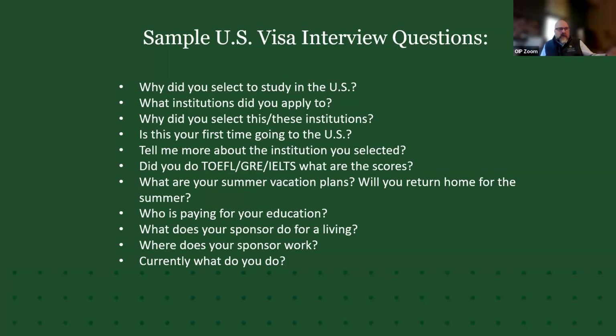Do some research on your program. Okay, maybe you are going mechanical engineering, and one of the cool things that they're working on is a solar powered car. I'm just throwing that out there. I don't know if they are, but maybe that's the case. And you have this interest in solar power as it pertains to mechanical engineering. And so that's one of the things that drew you to this institution. So maybe you say, Colorado State University, what I found out is as I've engaged the International Student and Scholar Services, there's a lot